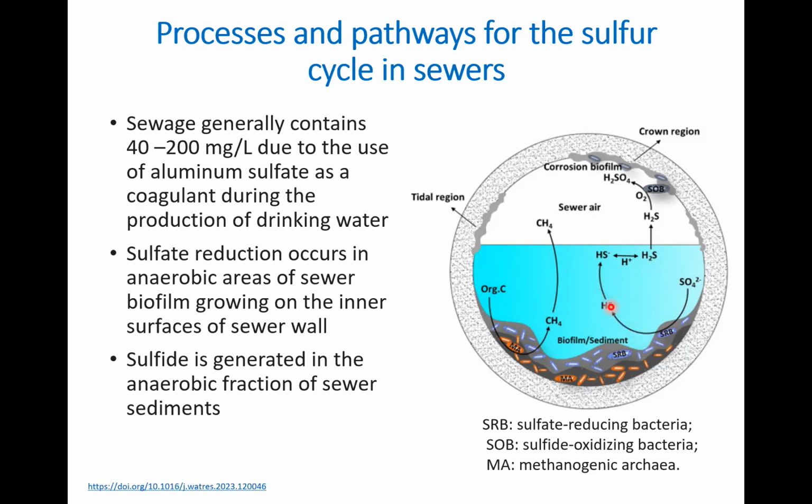This sulfide, under anaerobic condition, means that it's inside the water itself. And then this sulfide can be protonated to hydrogen sulfide. And this hydrogen sulfide as a gas can escape to the headspace of